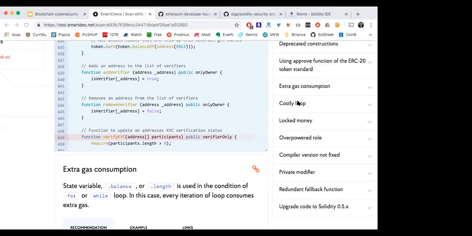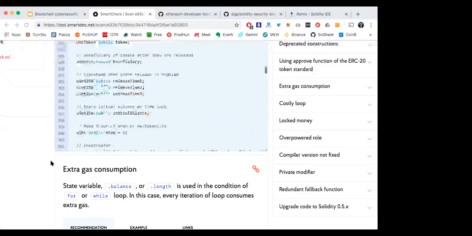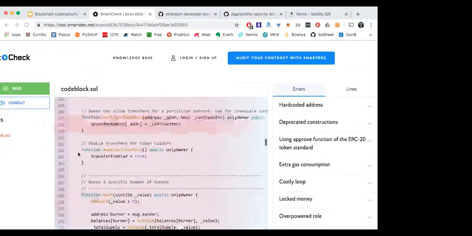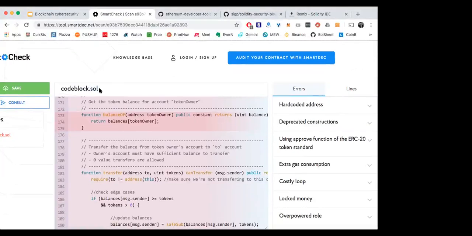Someone asked, what is SOL? That's Solidity. That's the file type for a smart contract, .sol. That's what you name a Solidity smart contract file, and Solidity is the programming language for Ethereum.